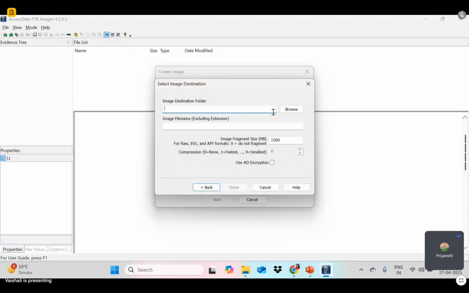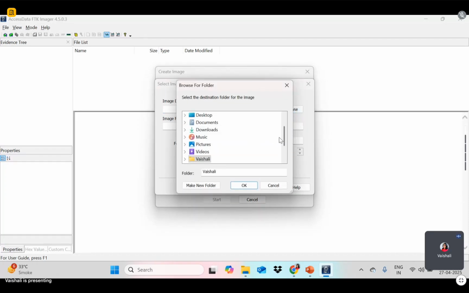Yes, next step, ma'am. So here you can browse the destination, in which folder you want to save your image file. So now I am selecting the destination. You can select your own destination. Suppose I'm going with the